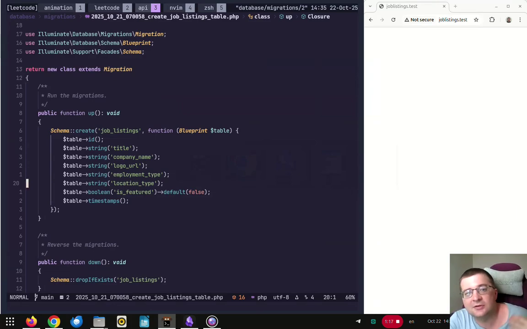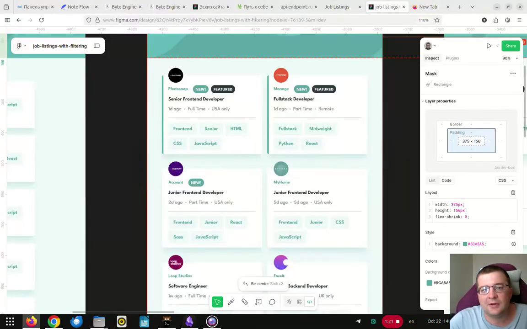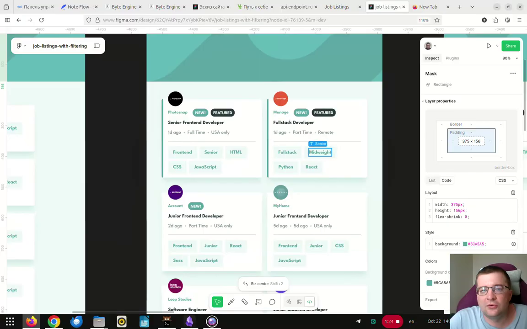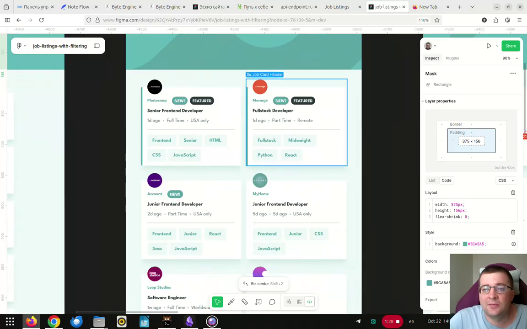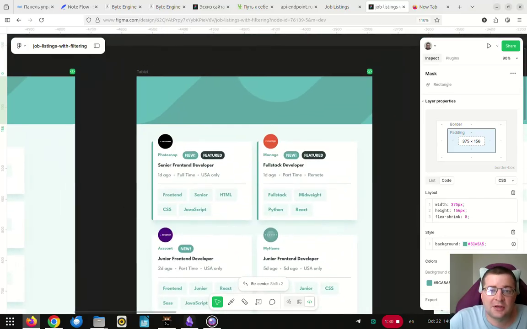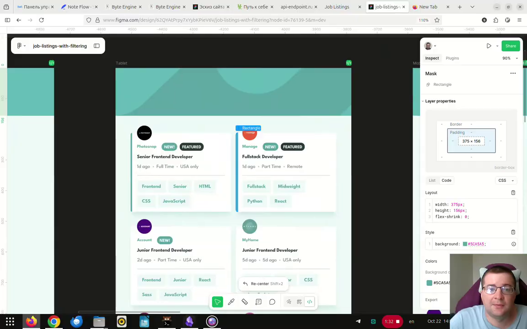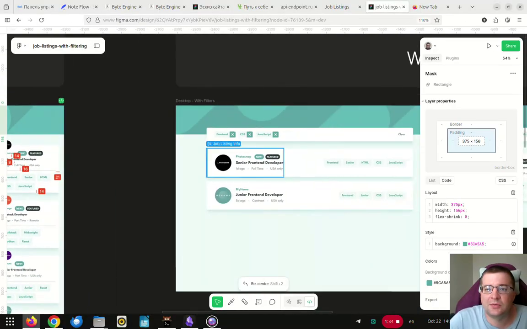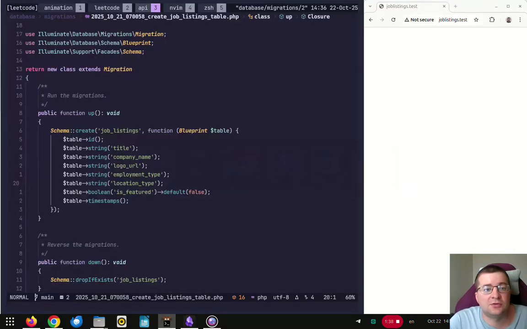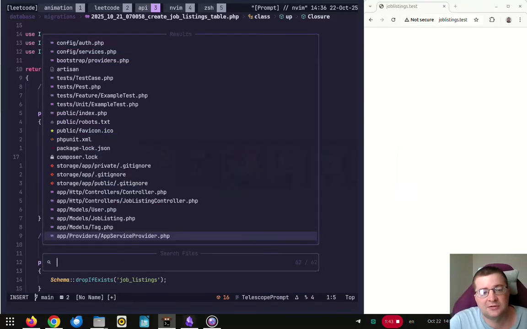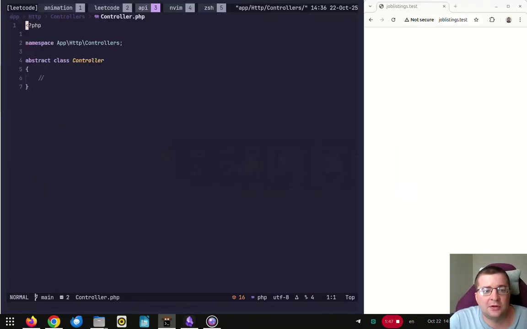Then I created another migration for those tags. So I created many-to-many relationships so that I can in the future sort them based on tag, because as you can see here there is this functionality. I used the seeder to seed the database. There are placeholder logos, and in my controller I